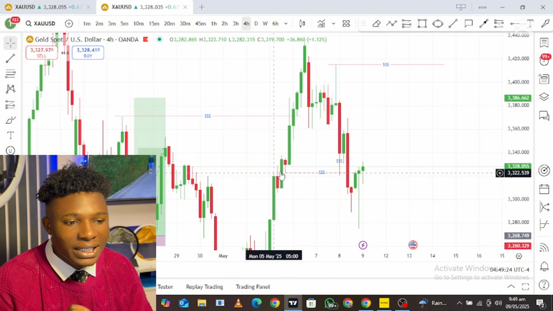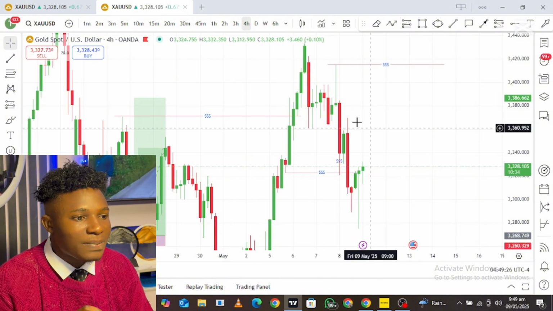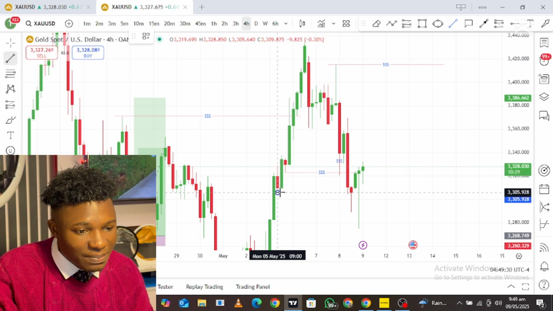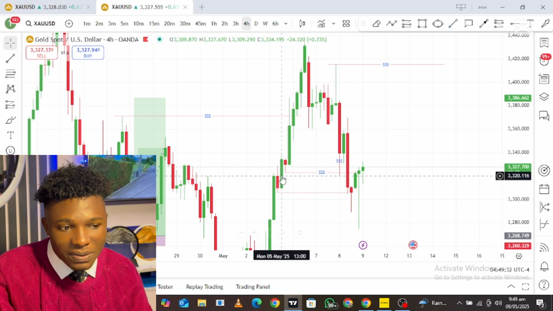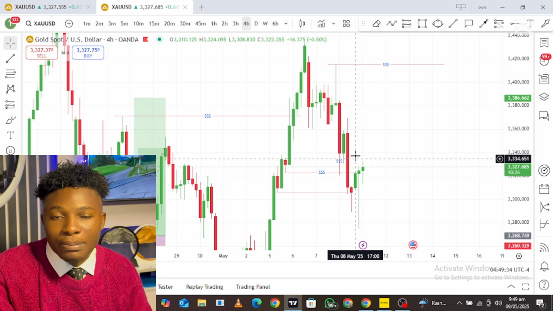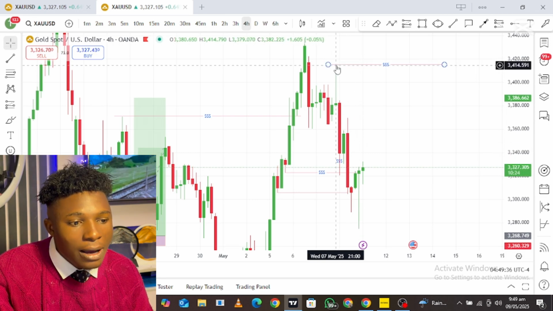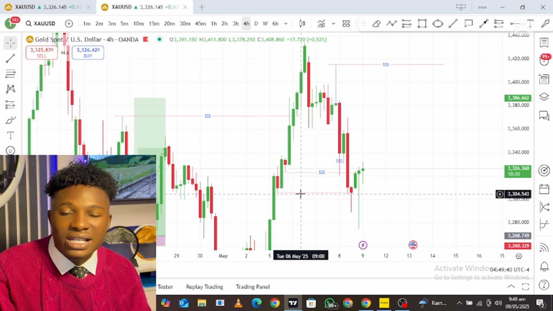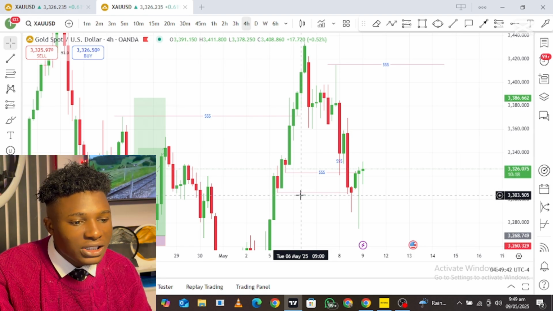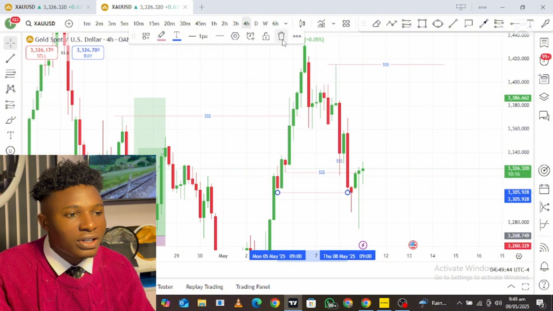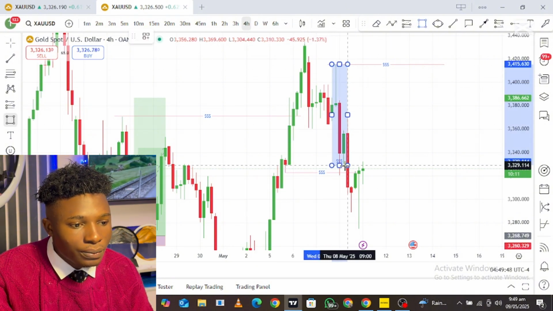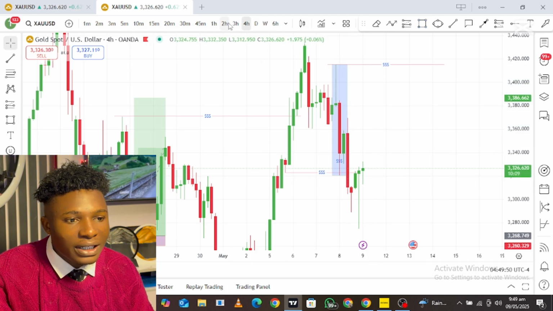So price ended up breaking this particular low, and I was expecting price to take out this next low right here. At the same time, I'm not expecting it. I'm just expecting price to take out this particular low and then go in a bullish direction to take out this particular high. But price ended up taking out only this particular low. Then I had to find an opportunity to enter into the market, which I did. So if you study inside this particular range, from this particular high to this particular low, I moved it down all the way to the 3-hour time frame.